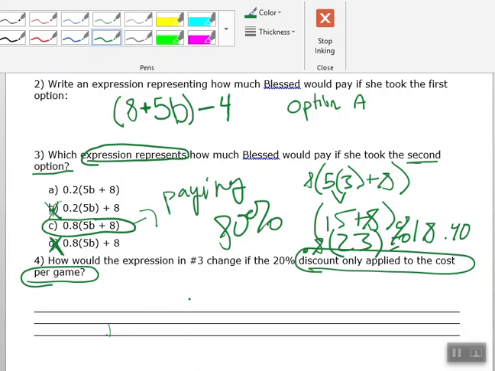Take a look here. All right, so I have my 5B. That's my per game cost. And if I wanted to pay just 80% of that, I would have here 0.8. And then I have to add in my $8. Okay, so that D from up here is actually calculating the cost if we just had